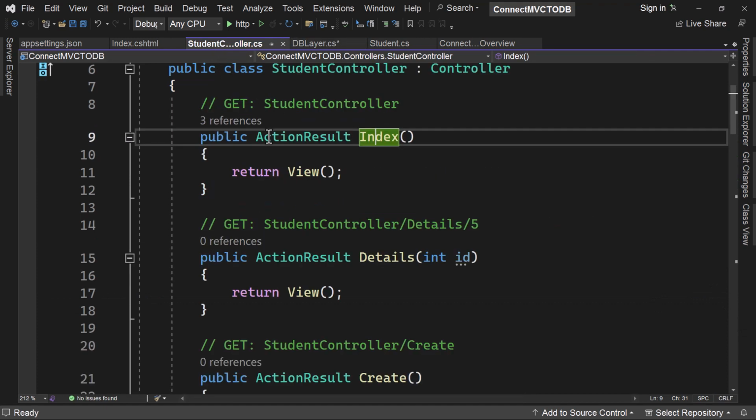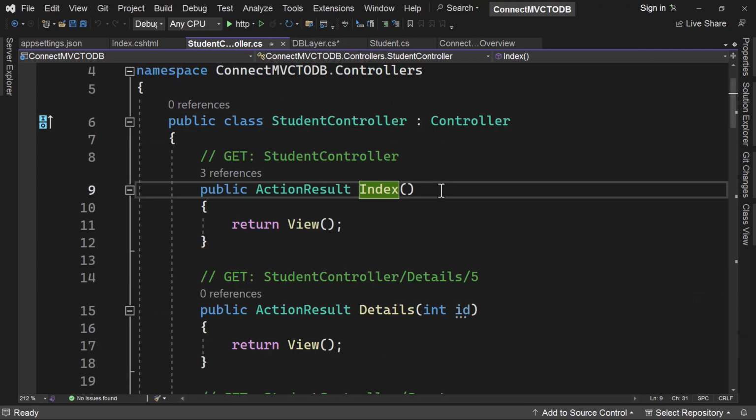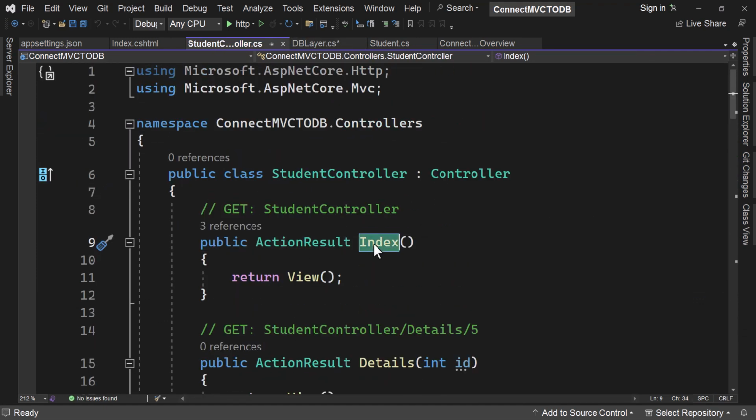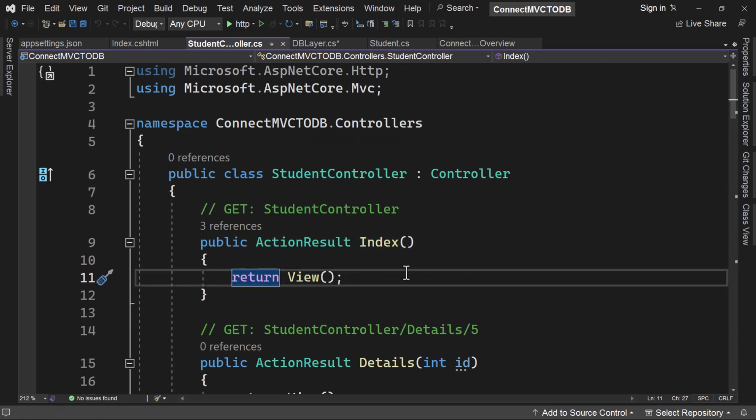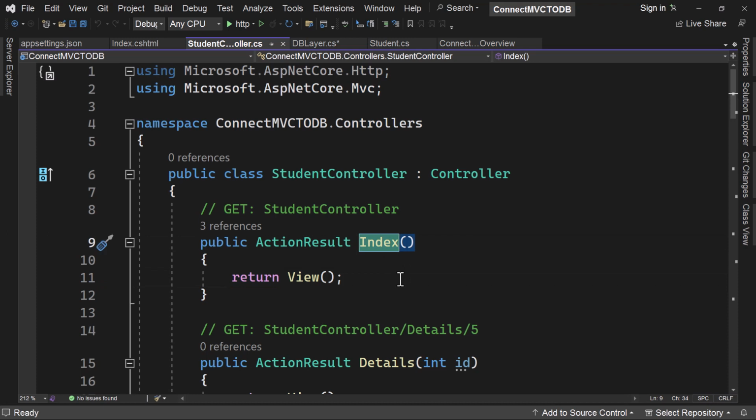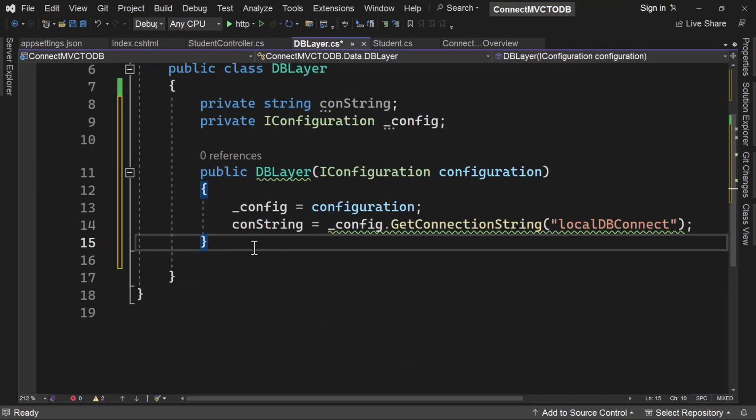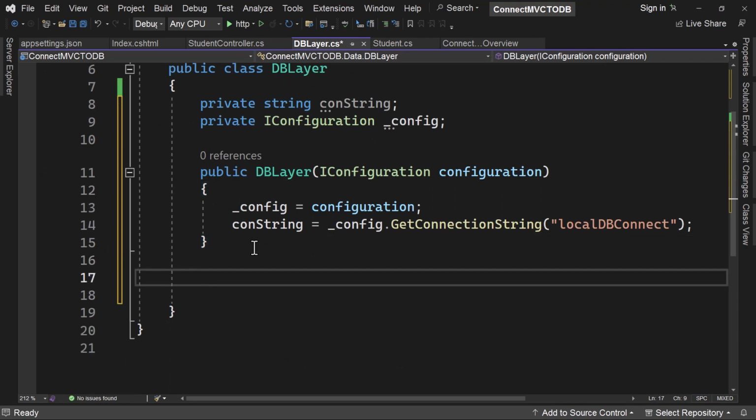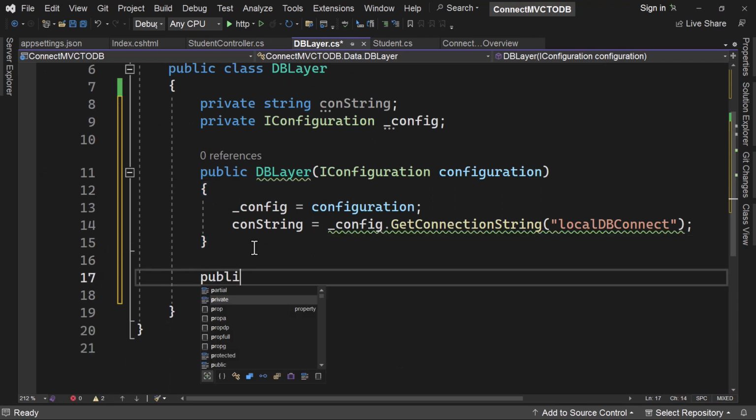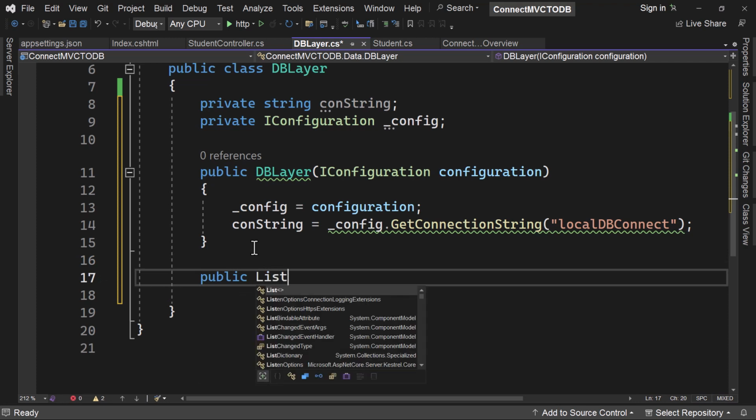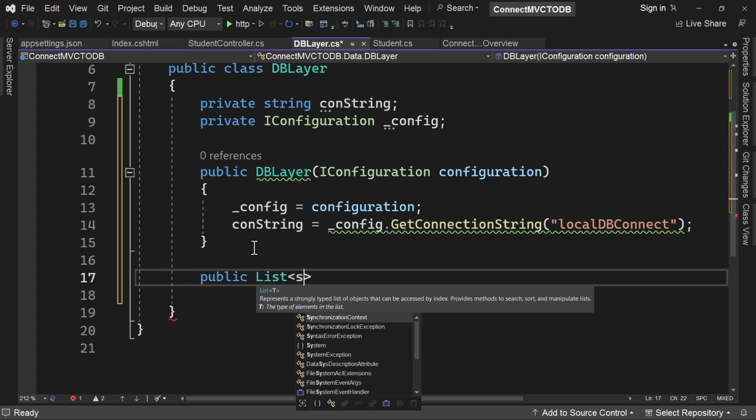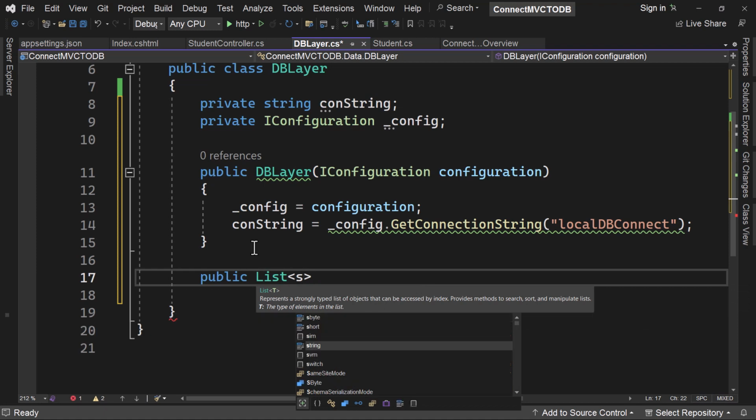Now when it comes to our controller, the purpose of the index action is to return the list of all students. So we need a method that can grab all the students from the database, and we will make use of this action to get all the students, right? So let's go ahead and create a method. This method will have to return a list of type student,